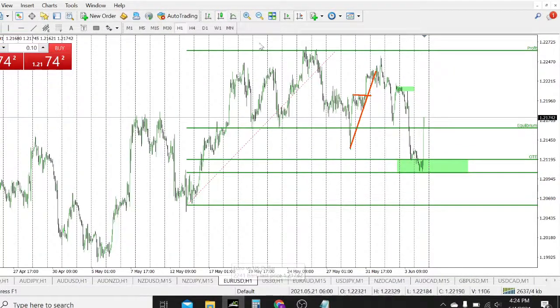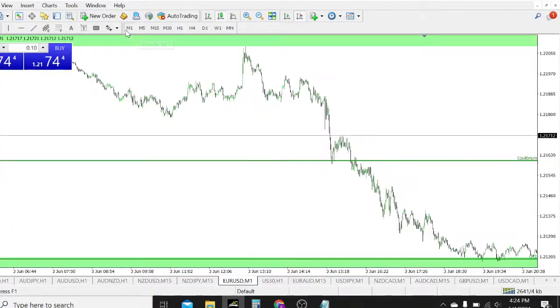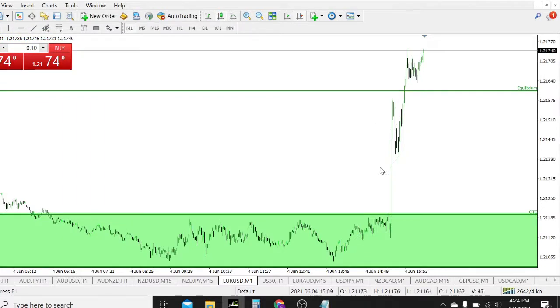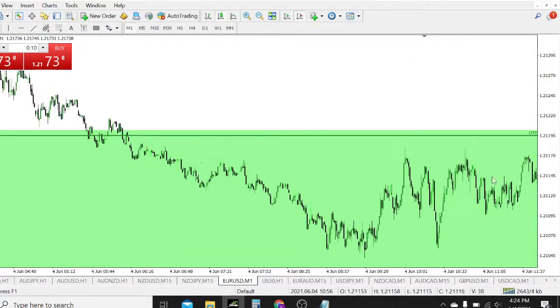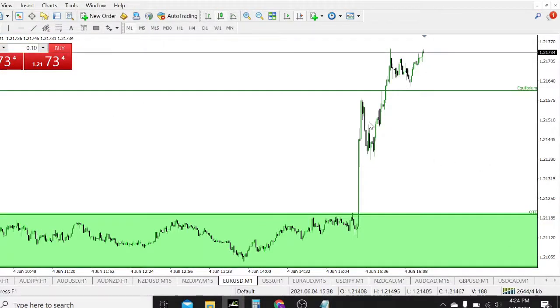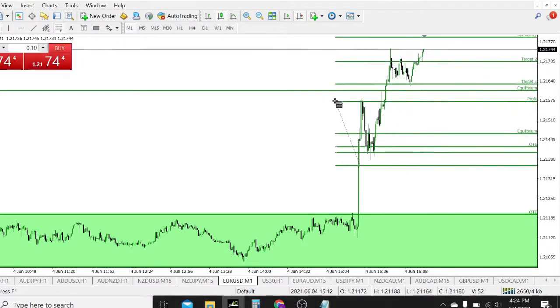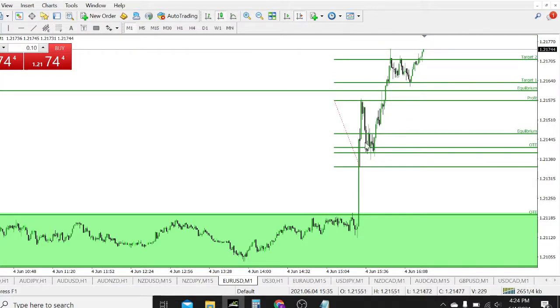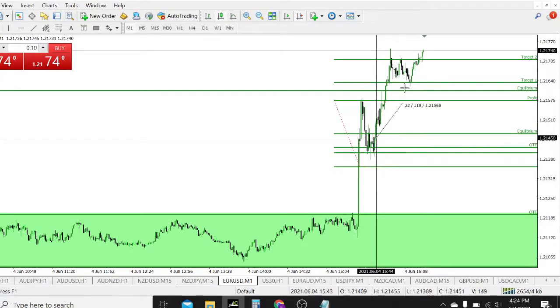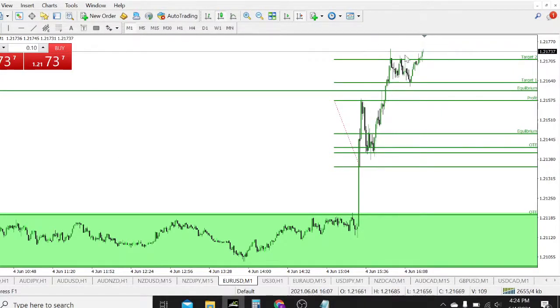Looking at Euro USD on the 1 minute, the same thing, the same stuff. I'm going to wait for a pullback if you want to add more positions, and you're still going to enter at a premium price or a discount. You can see the same thing. This strategy is very, very good, and I'm looking forward to trading this strategy and perfecting it.